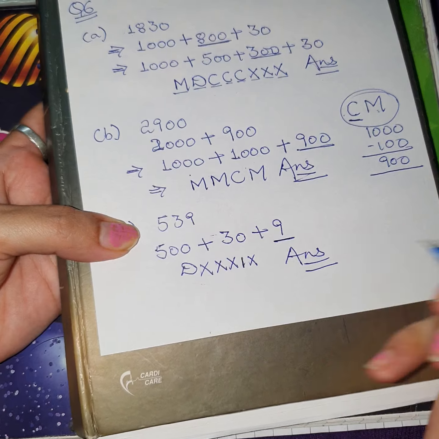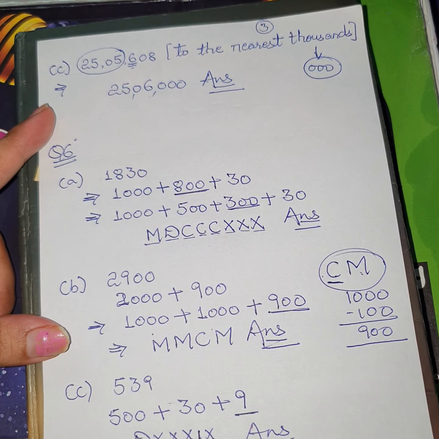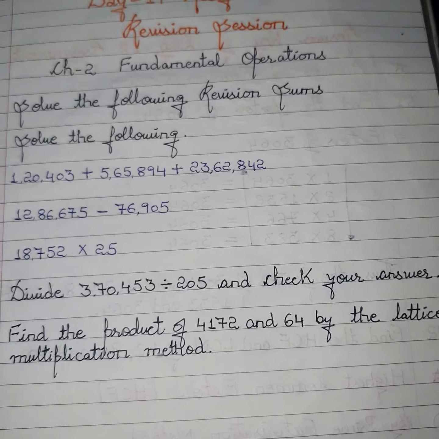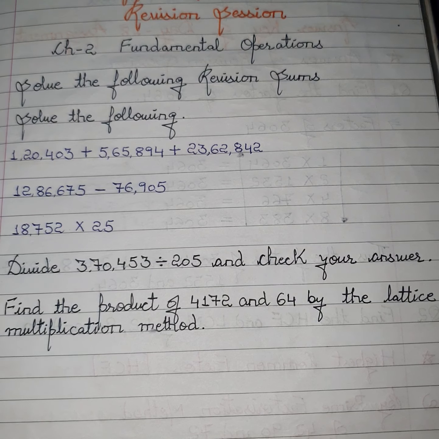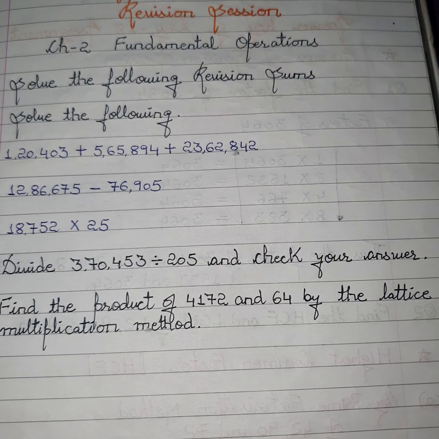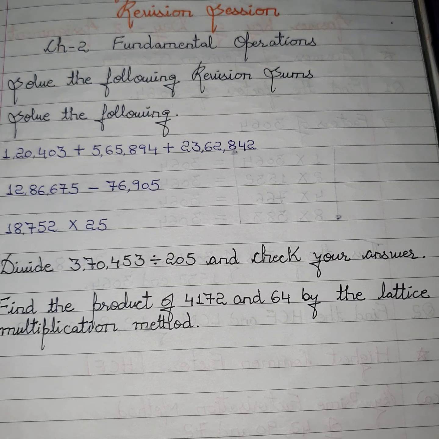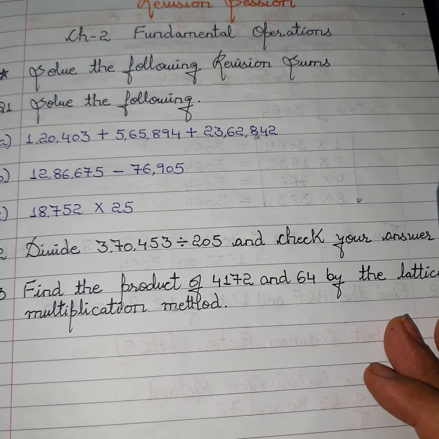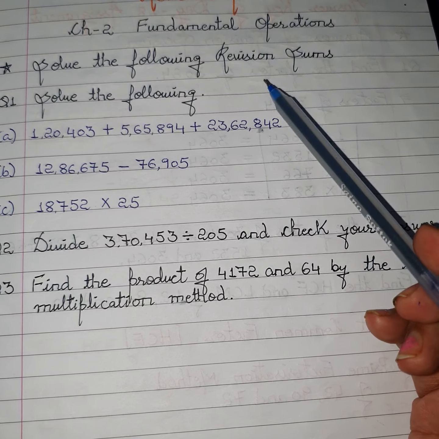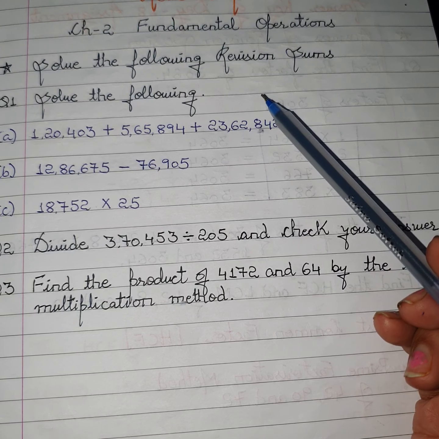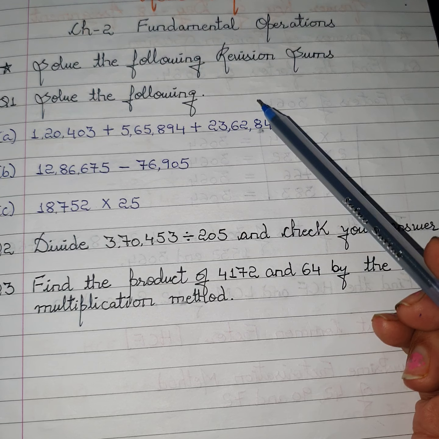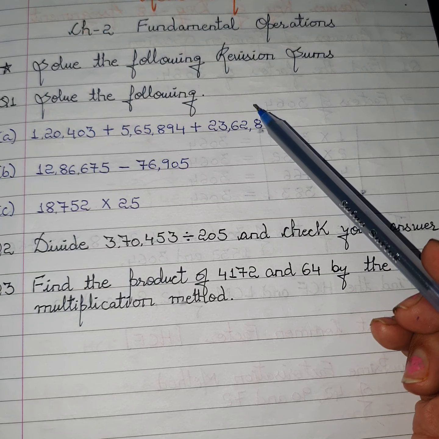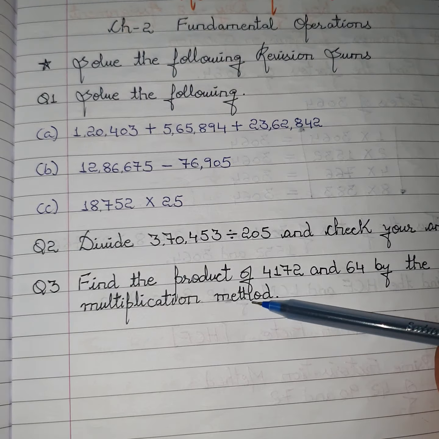Okay. So here I have explained all the sums of your second revision session of chapter number 1. I hope everything related to chapter number 1 is clear to you. Now after this, in today's PDF you will find the day 19 assignment, in which again I have given you some revision sums, but these are now related to chapter number 2, because chapter number 1's 2 revision sessions I have already given you. Now I will be giving you 2 revision sessions of chapter number 2 also. So this is the first revision session of chapter number 2.